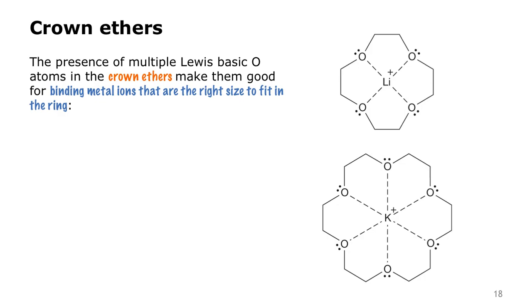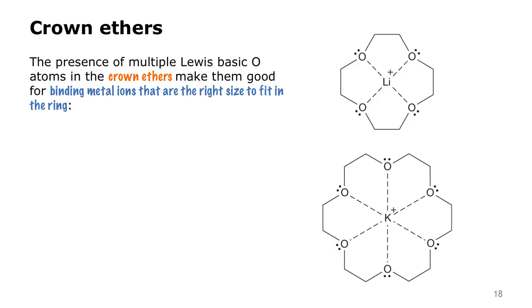These compounds were invented to solve a particular problem: how can you selectively remove one metal ion from a solution in the presence of another metal ion? Let's imagine that you had an aqueous solution of salts that contain both lithium ions and potassium ions. The lithium +1 and potassium +1 ions are very, very similar to one another. They have very few different chemical properties, but one difference between them is their overall size. And these crown ethers will coordinate in a Lewis acid-base sense with these